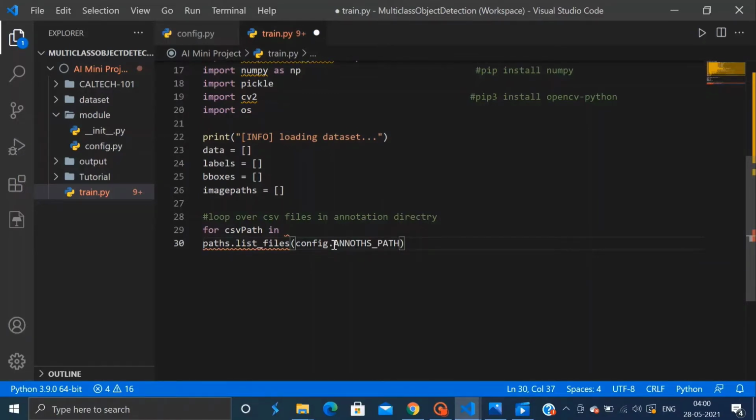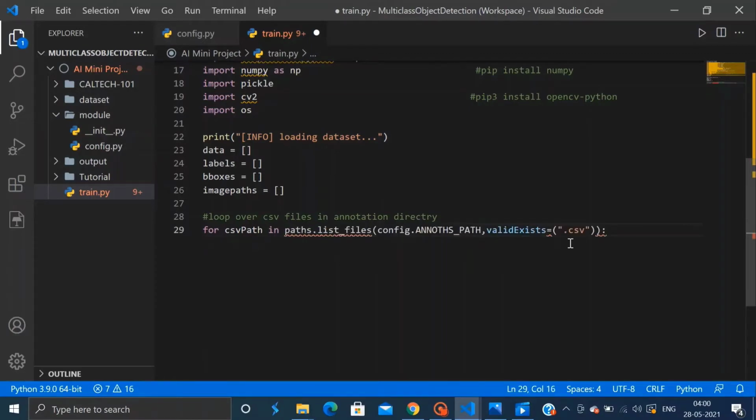So this line is basically looping over our CSV annotation files. And after this we will load the contents of the current CSV annotation file. So we will grab all the rows in the file.